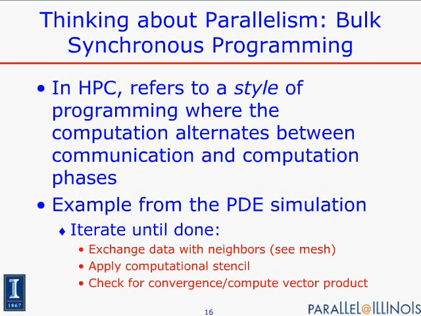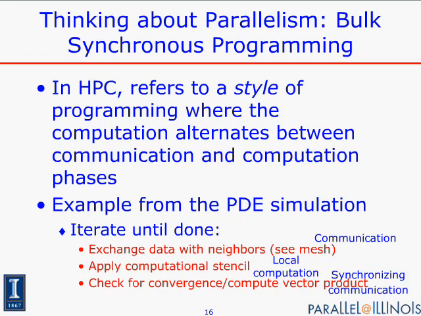And a common approach that is used, particularly in high-performance computing, is something called bulk synchronous programming. And I want to be very careful with the terms here because we're also going to talk about bulk synchronous parallelism in a few slides, and they're slightly different. So in high-performance computing, this refers to a style of programming like we've just illustrated, where the computation alternates between communication and computation phases. And in this PDE simulation, we had this communication phase, a local computation phase, and then